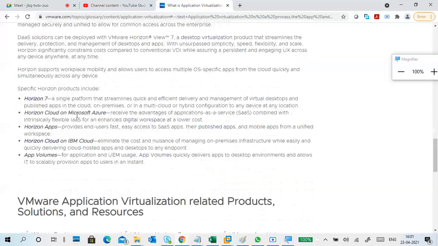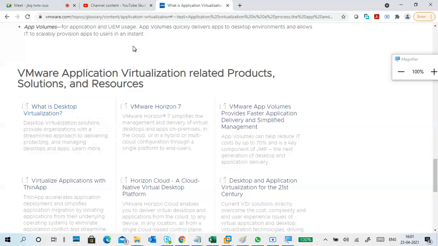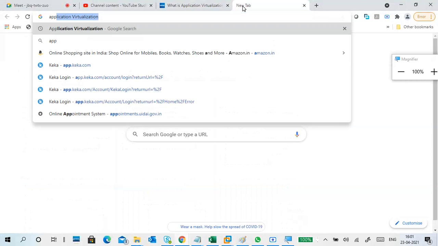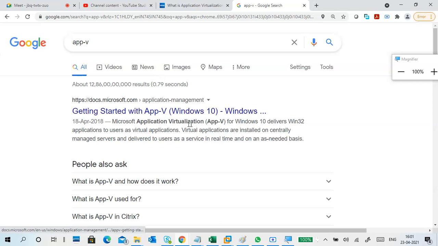Here it is given: Horizon, Horizon Cloud on Azure, Horizon Apps, IBM Cloud. IBM is also one of the cloud service providers, a multi-platform cloud service provider with both private and public services. What is App-V? It's Microsoft Application Virtualization for Windows 10, which delivers 32-bit applications to users as virtual applications.